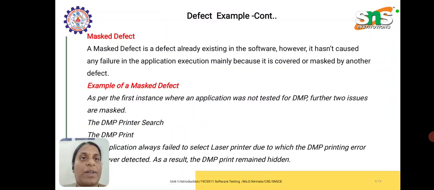Next, masked defect. A masked defect is a defect already existing in the software. However, it has not caused any failure in the application execution, mainly because it is covered or masked by other defects. Example of a masked defect: as per the first instance, where an application was not tested for the DMP, there are two main issues that have been masked: the DMP printer search and the DMP printer. The application always failed to select the laser printer, due to which the DMP printing mistakes were not detected. As a result, the DMP print defect remains hidden